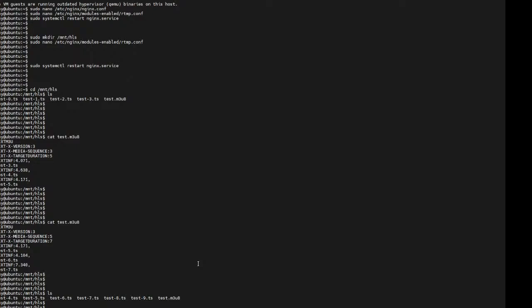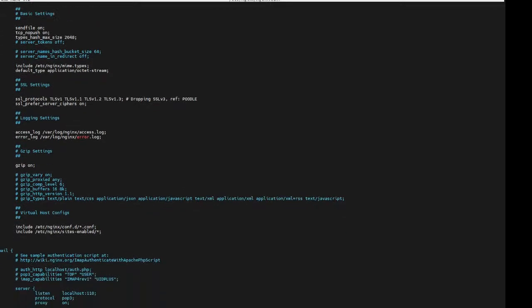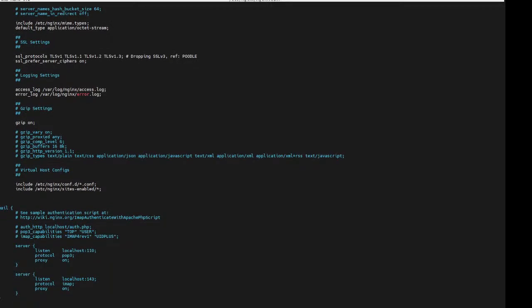So we have to make one more change, and this change I actually make in the base configuration file. By hitting the up arrow, I can go back to that base configuration file. Make sure you can see it. We're going to scroll down, and basically right before the end of the file,